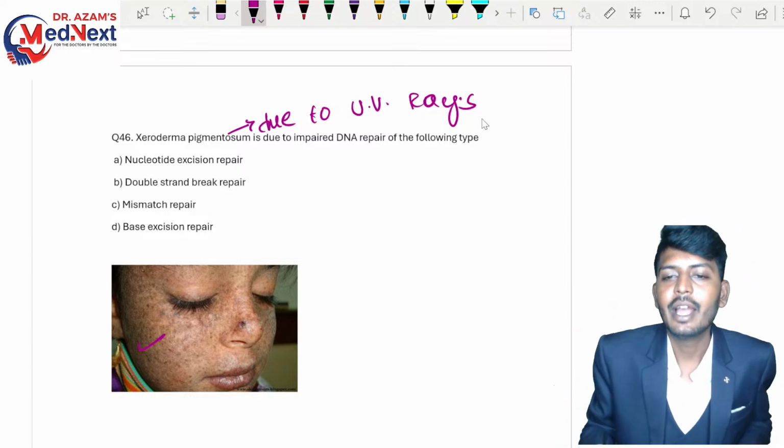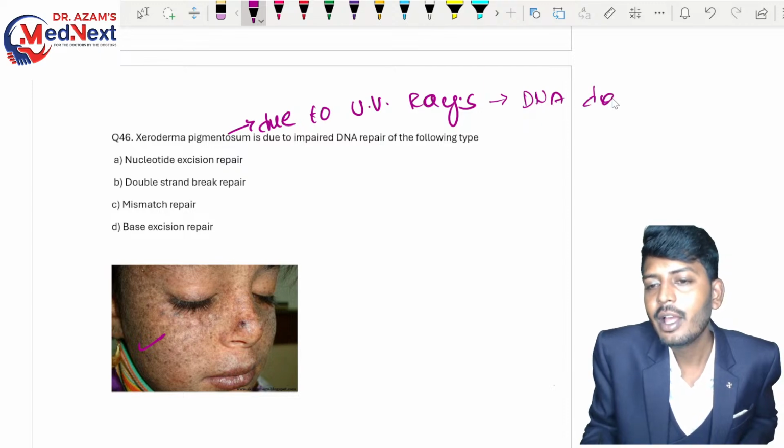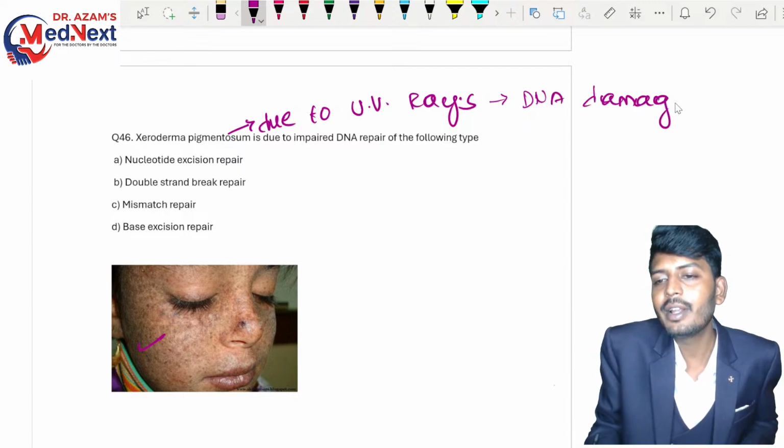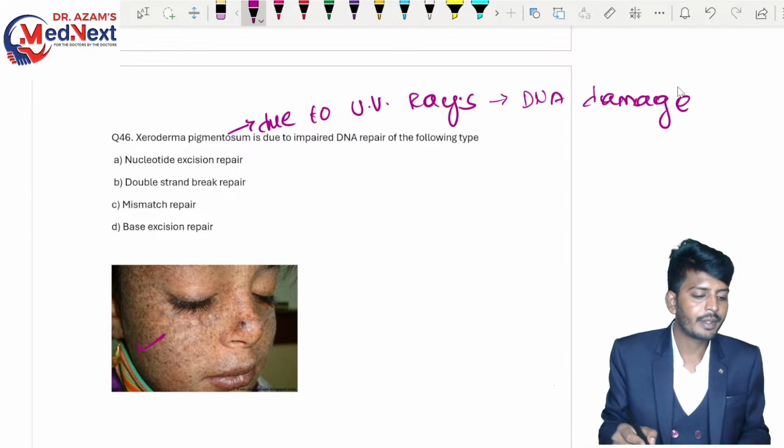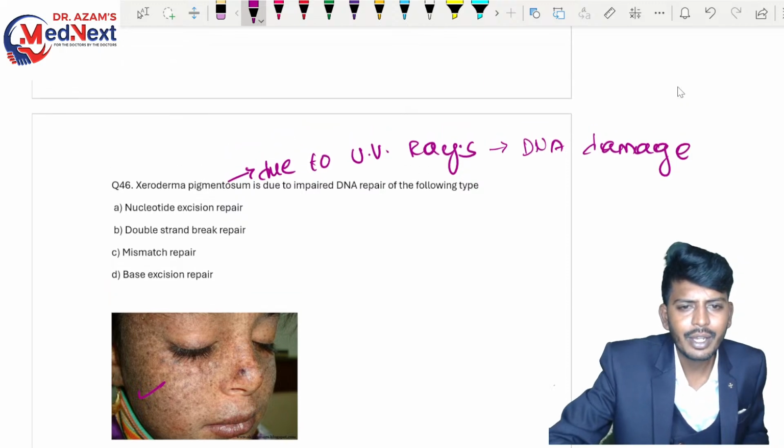तो यूवी रेस क्या करता है, डीएनए को डैमेज कर देता है, यूवी रेस क्या करता है, डीएनए को डैमेज करता है, सो यूवी रेस विल कॉज द डैमेज ऑफ द डीएनए। तो 45D इज करेक्ट।